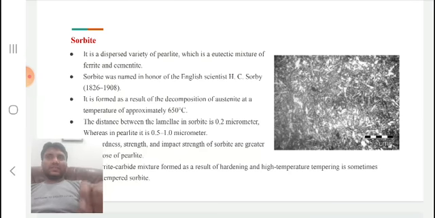martensite it is 0.025, and it is not lamellar, it is a needle-like structure, a spine structure. That means one needle will alternate with layers arranged in the form of a spine. So that is the martensitic structure.